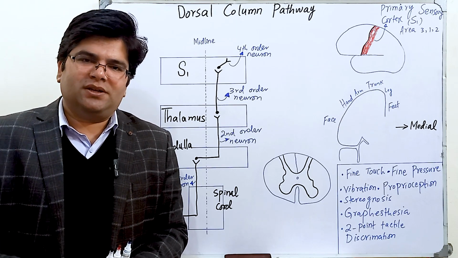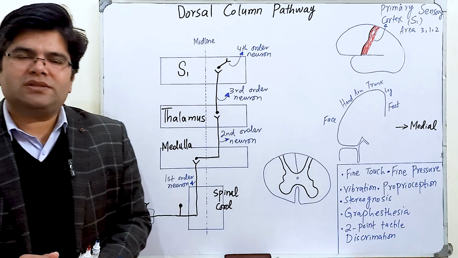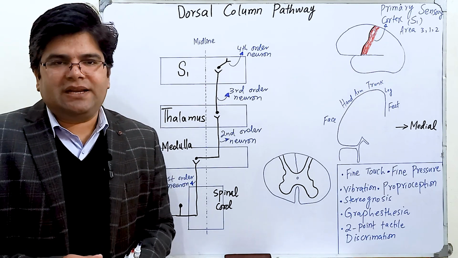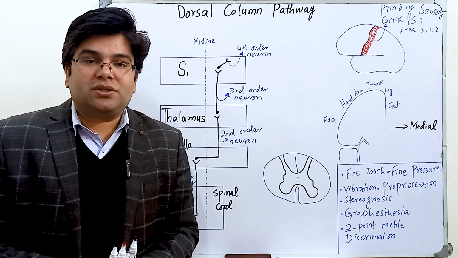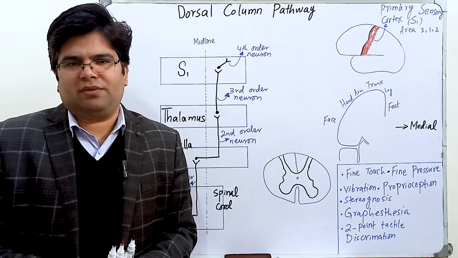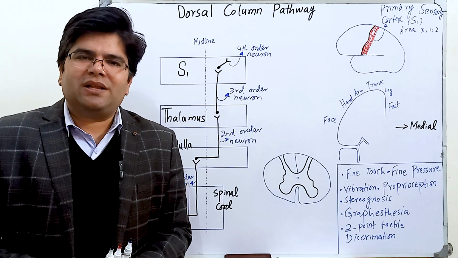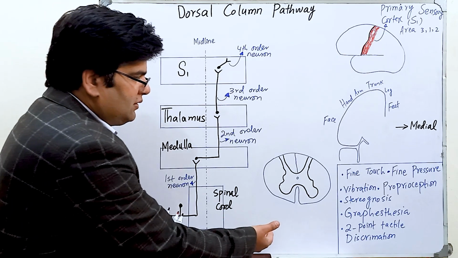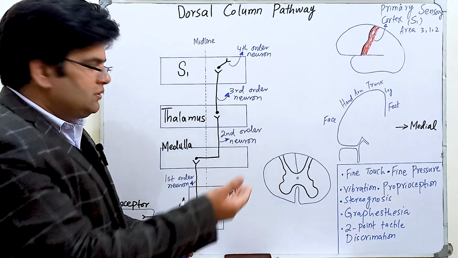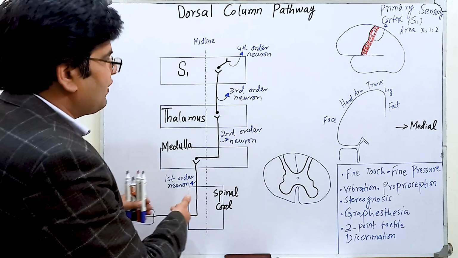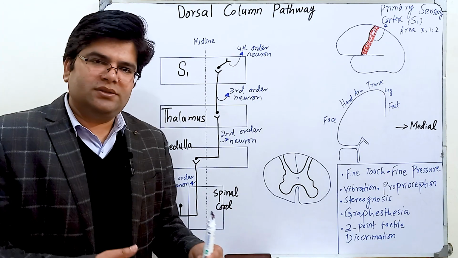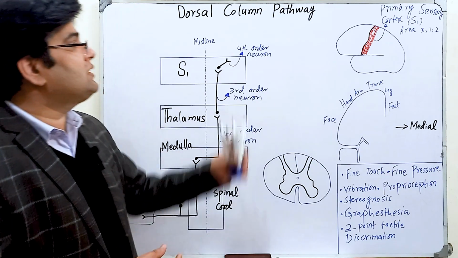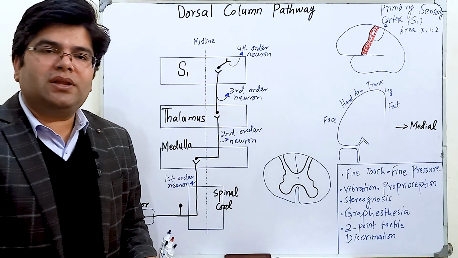We have already studied receptors. We will study two important somatosensory pathways or ascending pathways, which are the dorsal column pathway and the spinothalamic pathways. These pathways are ascending pathways, which means they ascend through the spinal cord to take the information from the environment to our cerebral cortex. So just to give you an idea why we call this pathway a dorsal column pathway,